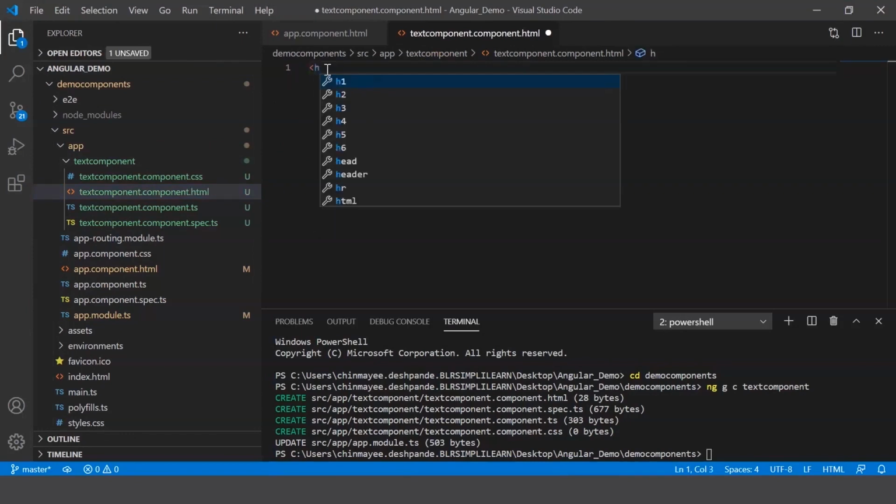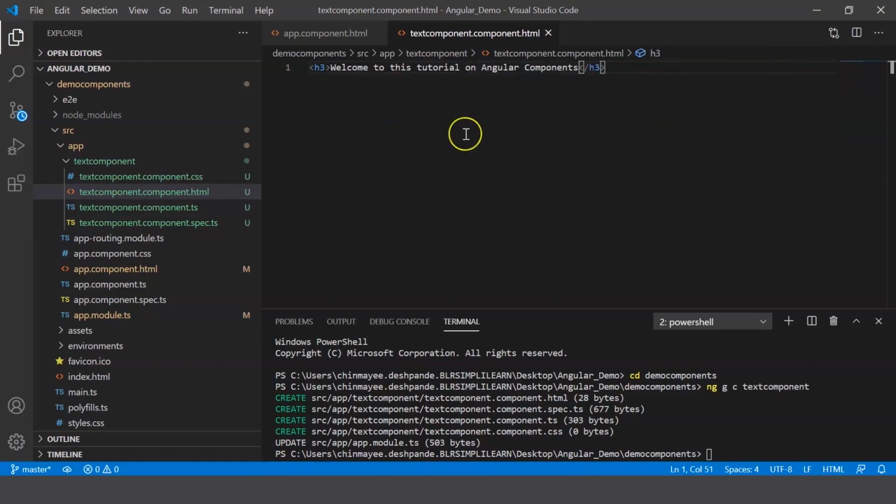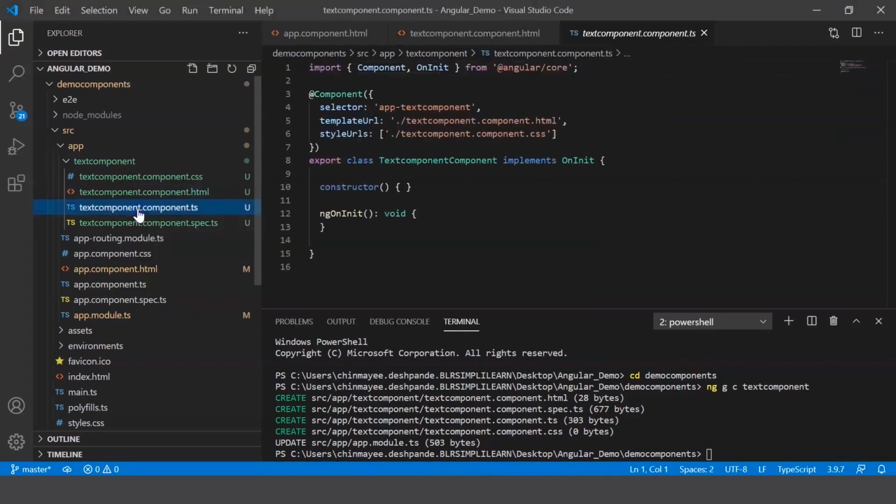Let me say h3 and let me display a message saying welcome to this tutorial on Angular components. Alright. Now in your text component.ts file, which is your TypeScript file, the selector mentioned here is